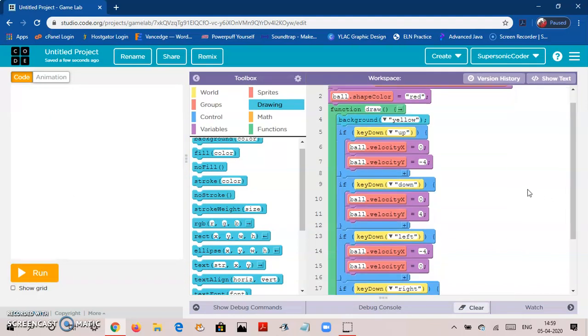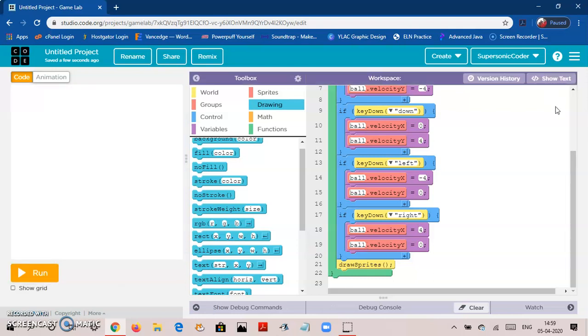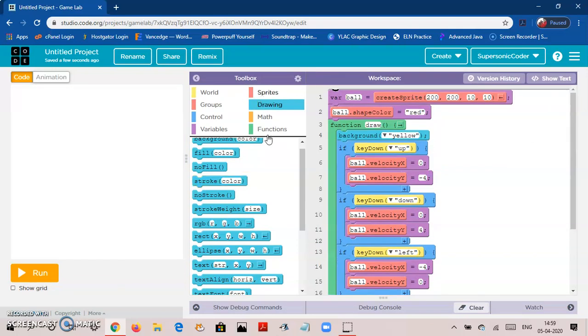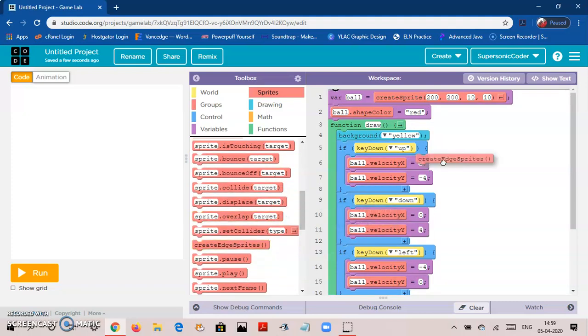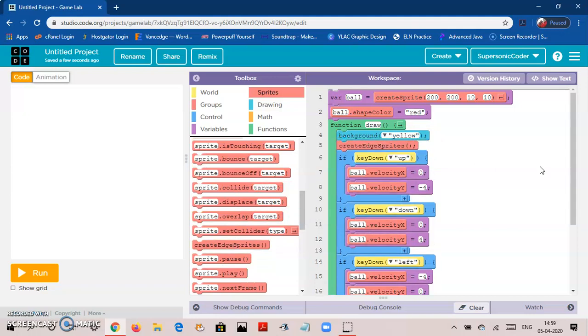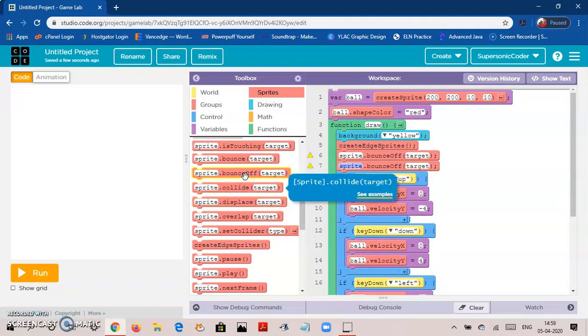Next thing I want to do is, I notice this goes off the screen. I don't want that to happen. So let's take something called createEdgeSprites. CreateEdgeSprites ensures that when I give a command saying don't go off the edge, it tells that command to listen and implement it, because I am saying so. Now I want it to bounce off the edges, so let's take these and put 4 of them